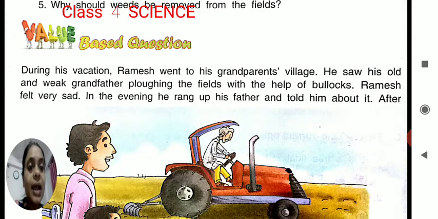He saw that his grandfather, who was very old, was plowing the field with the help of bullocks, and this work needs very much labor. That's why Ramesh felt very sad. And what does that boy do then? In the evening, he rang up his father and told him about it. And after